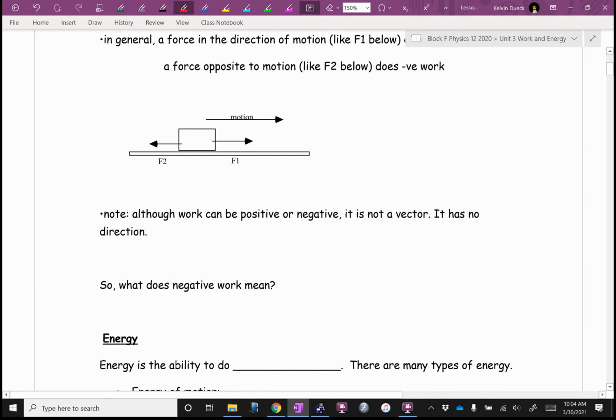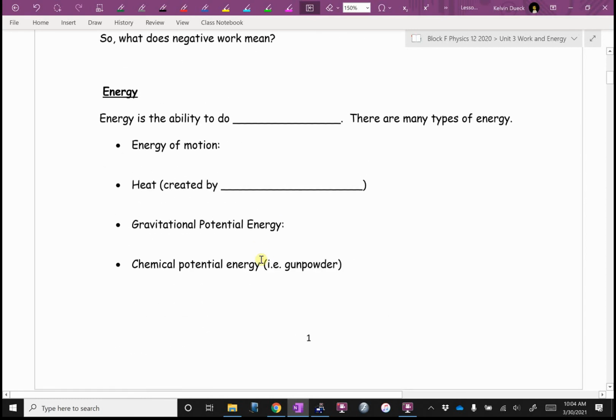Let's hold that thought. Instead, we're going to define energy. What's energy? Energy is the ability to do work. If an object has energy, it can apply a force over a distance. Okay? So, for example,